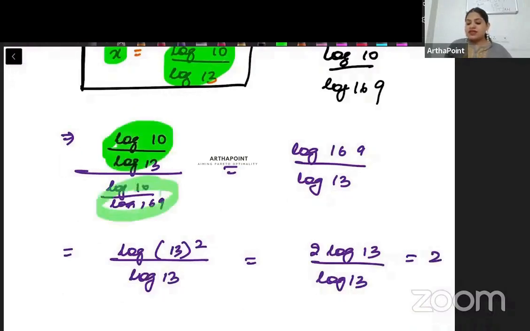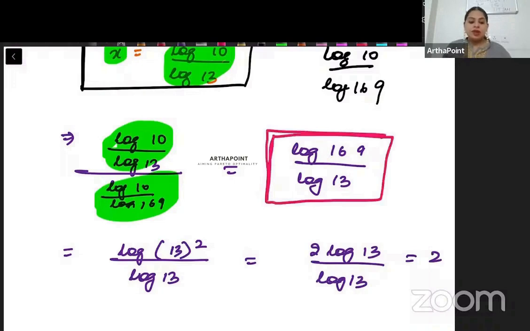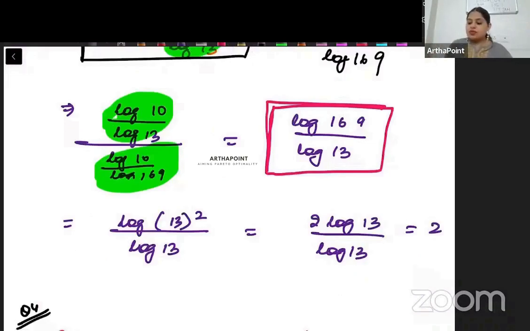Denominator I will rewrite as this. And when you divide the two, log 10 and log 10 will get cancelled, and you will be left up with log 169 by log 13. Right? Log 169 by log 13. So beta, log 169. 169 kya hai? 13 square. So it can be written as log 13 square by